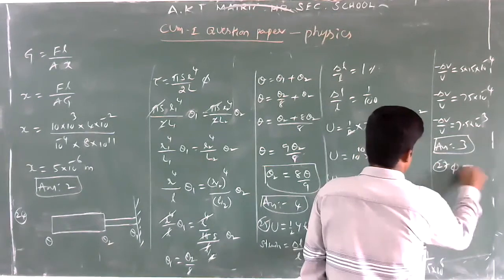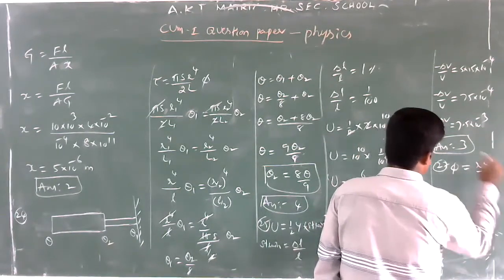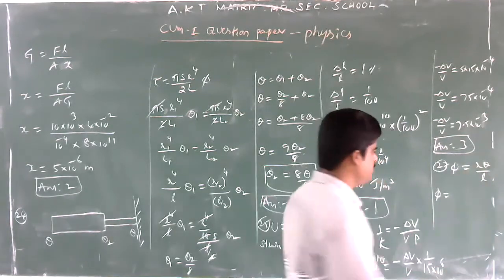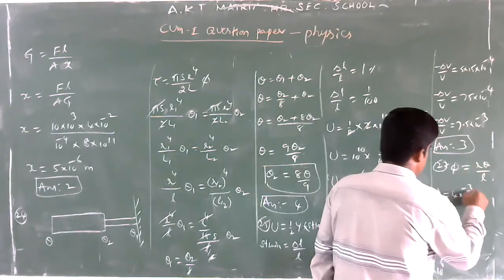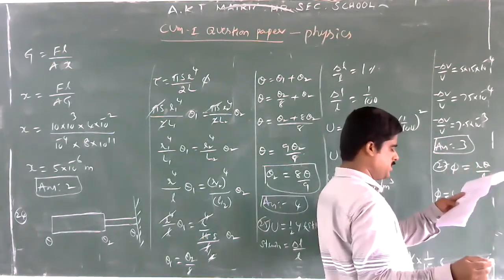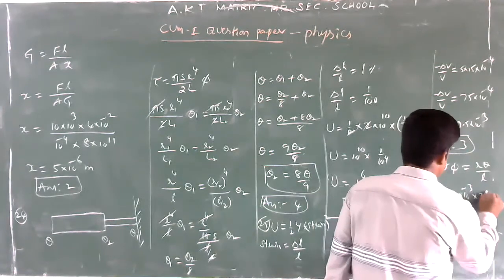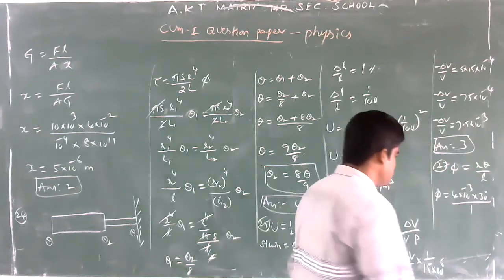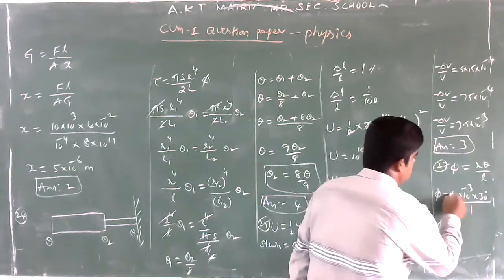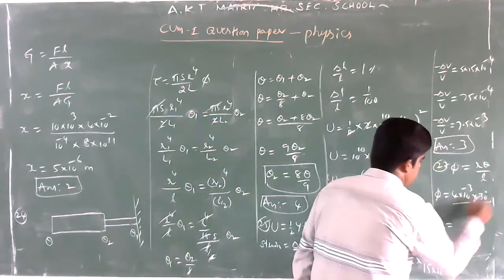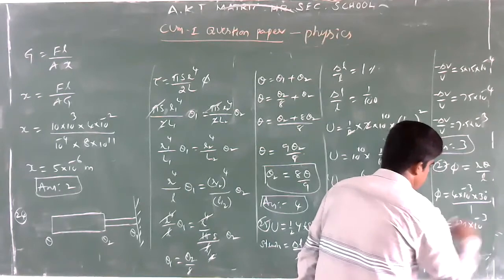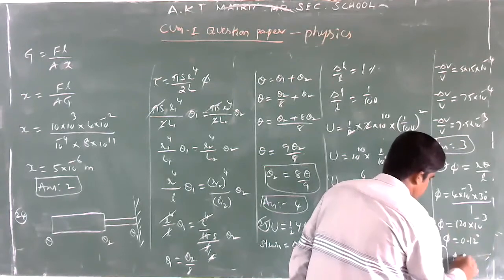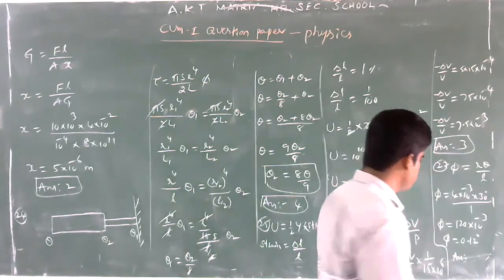Here angle of shear phi is equal to r theta by L. r is the radius, r is equal to 4 millimeter, that is 4 into 10 to the power of minus 3 meter, into theta. How much angle here? Twisted through 30 degree, divided by the length, 100 centimeter, which means 1 meter. So phi is equal to 4 into 30, 120 into 10 to the power of minus 3. Phi is equal to 0.1. So which option is correct here for question number 27? Second option is correct.